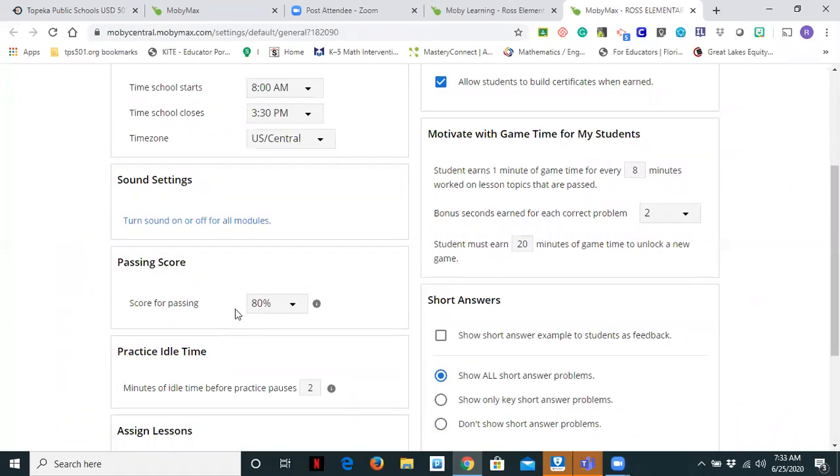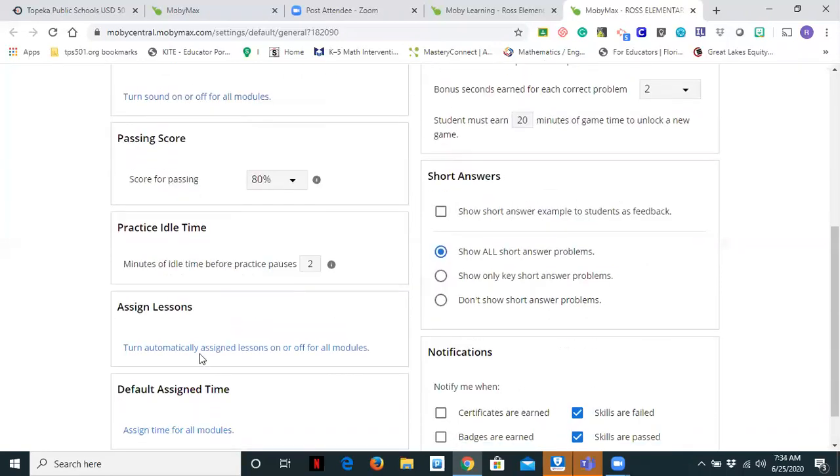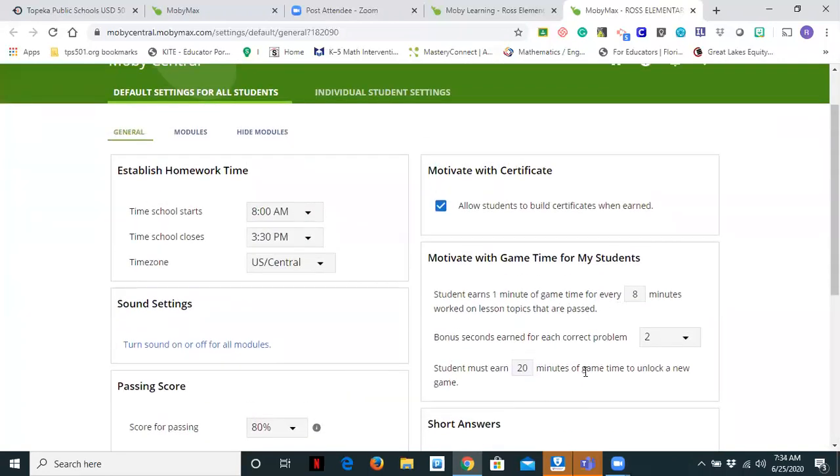I can change the passing score. I can come down here and change this for all my students to 80%, 90%, whichever you want. Practice idle time, minutes of idle time before the practice pauses, I can change that time. I can also come over here and automatically assign or turn off lessons. I can also come over here and